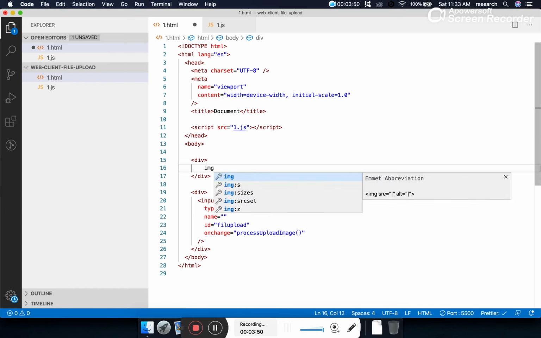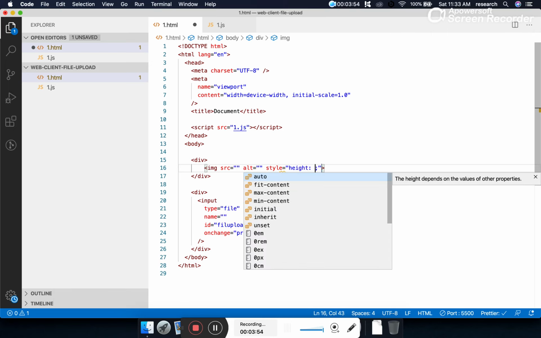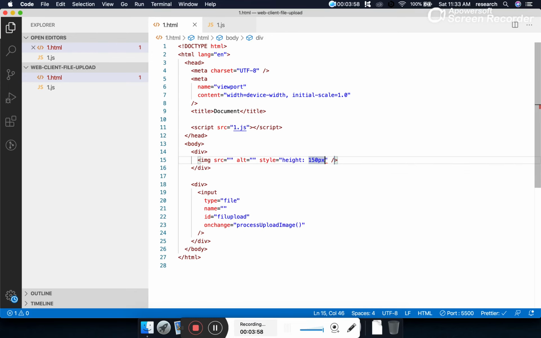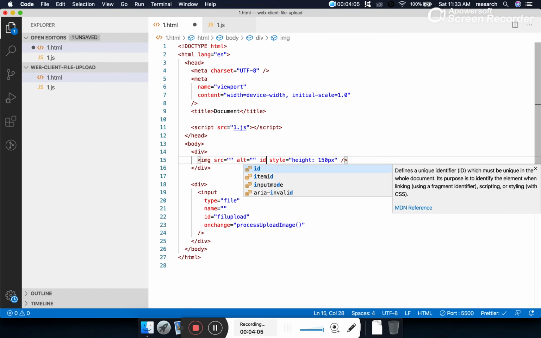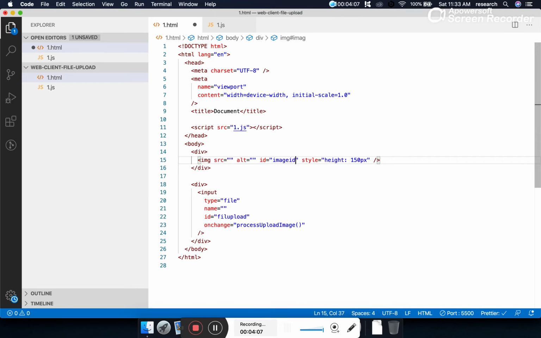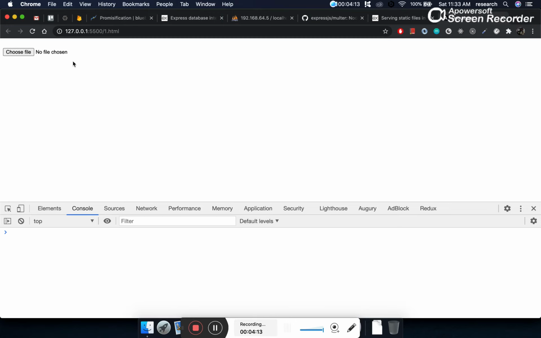Let's give some styling because images can have different heights and widths. I'm keeping it 150 pixels. Let's give some ID to this image, equal to image ID. Right now we have not provided any image here, so this value will be blank. Since there is no image, nothing is coming.